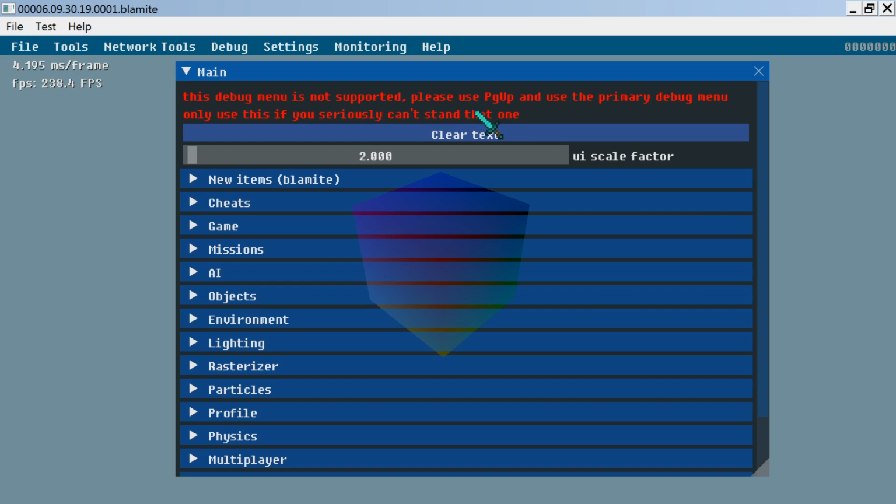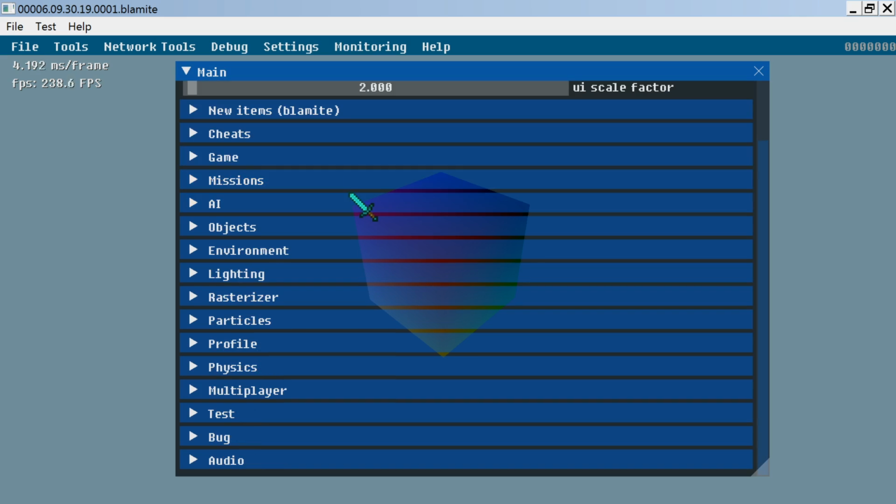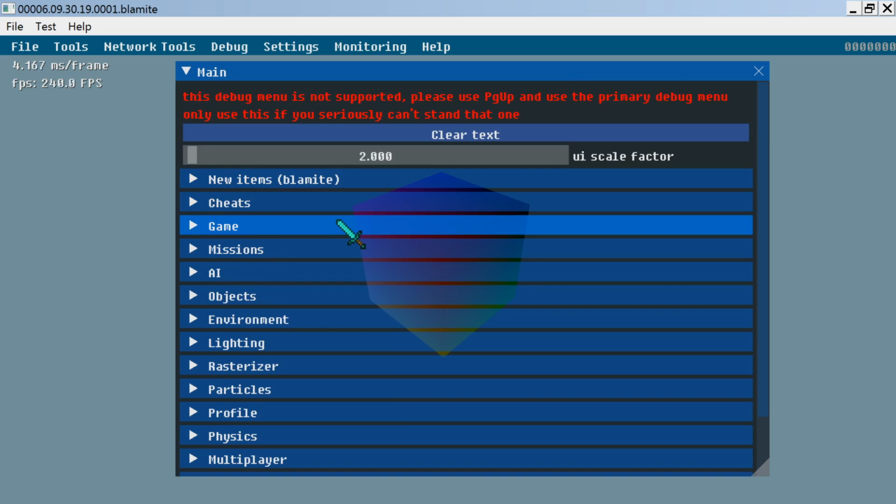It says it's not supported because I want people to use the actual debug menu by pressing page up, which does nothing at the moment. But basically it's just kind of an experiment because I was like, okay, I've got all the debug menu data as a separate thing, so theoretically could I just use it to make an IMGUI version? And the answer is yes. Most of this does nothing because this is just straight up copied and pasted from the Halo 2 debug menu init.txt file, and then just made